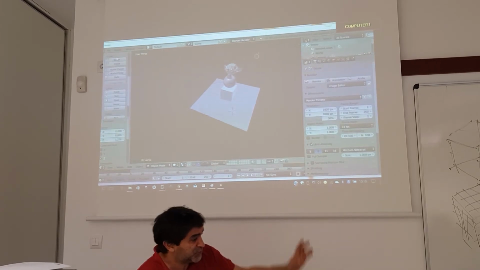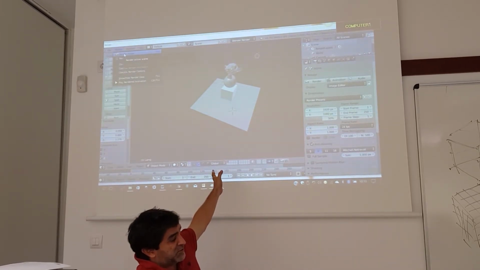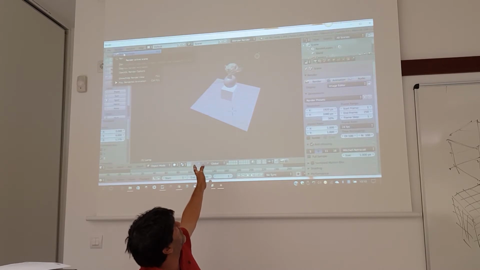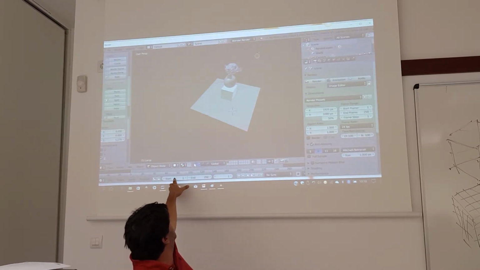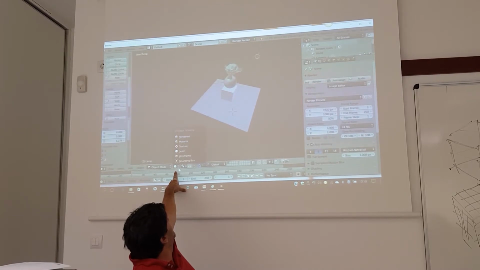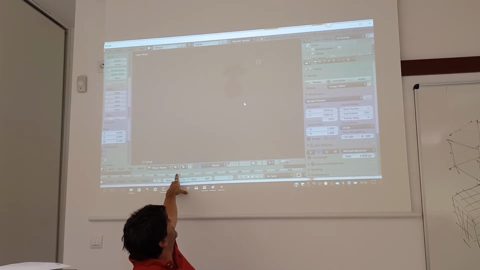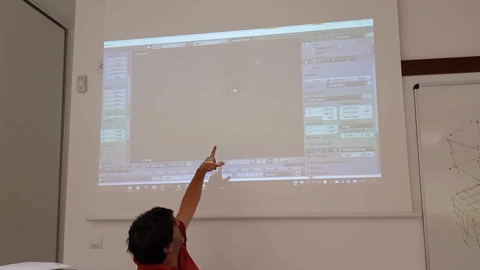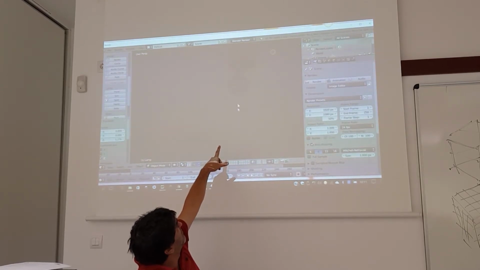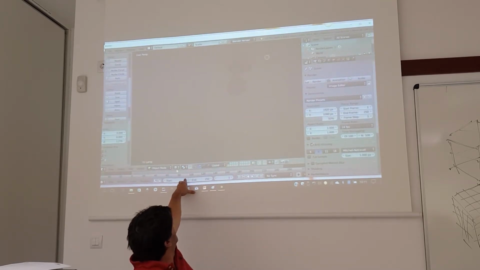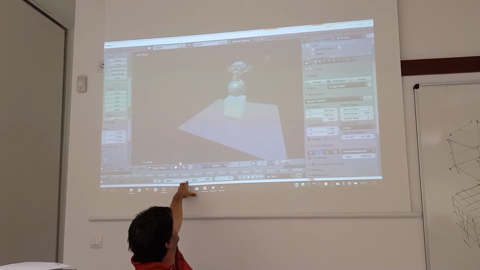If you don't want to render an image and change the window, you can render in real time. If you come here in the material mode, you can change this to wireframe. See, this is a high poly model, this is a high poly model, this is a low poly model. But you can change the mesh, or a solid one. These are the ways of viewing things: solid, texture,